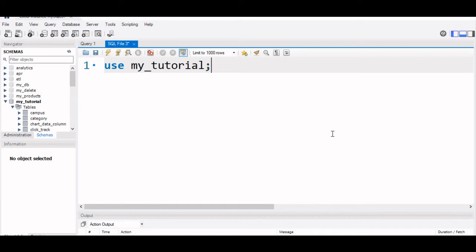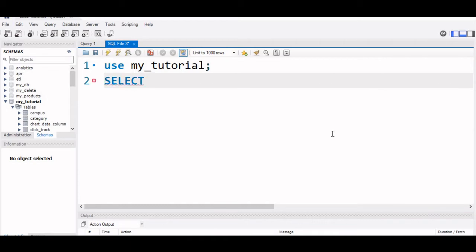I am running this. What I will do: select class. Consider it to be a category; there are I think 5-6 different classes. So class, then count id, sorry, we can sum it up also.